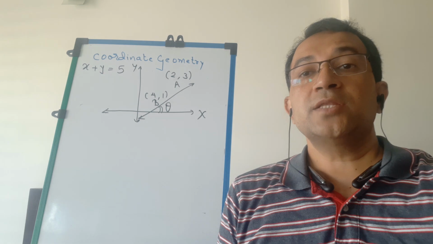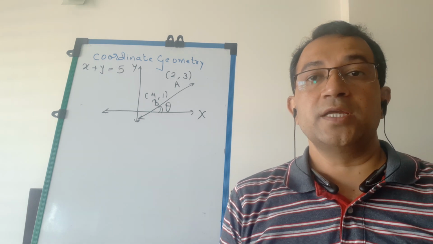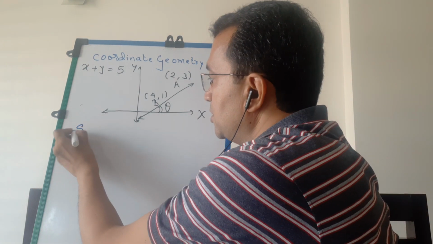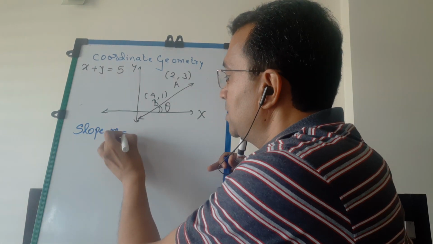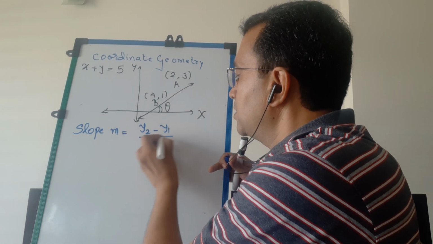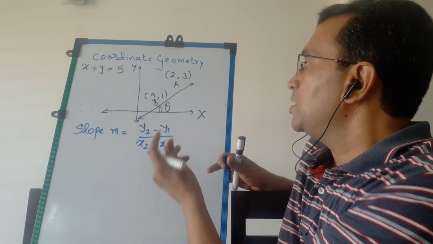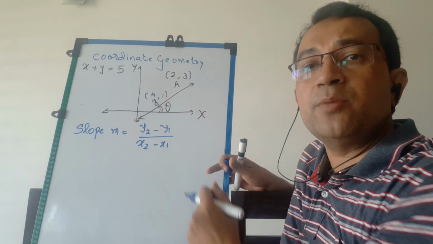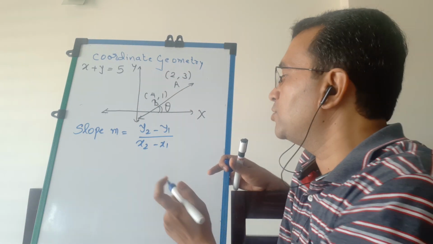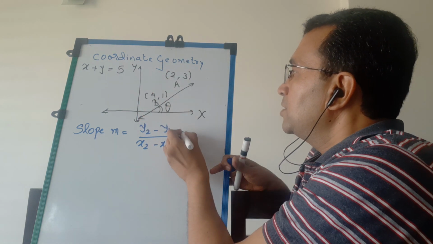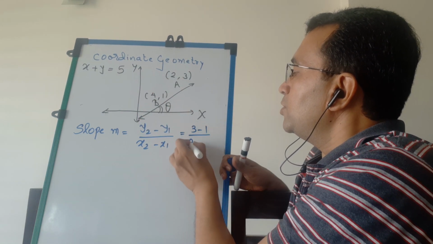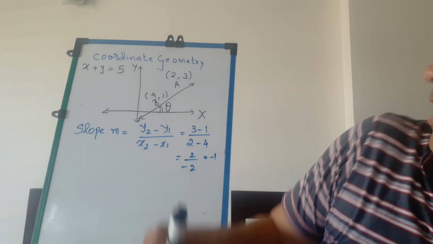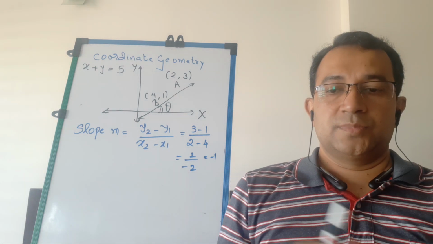Now students, there are three methods to define slope. If you are given 2 points on a line, then we can easily find the slope. And slope is generally denoted by a symbol small m, equal to y2 minus y1 upon x2 minus x1. So I consider this point as say x1 y1 and this point as x2 y2. Any one point as x1 y1, another as x2 y2. Then y2 minus y1, so it is 3 minus 1 upon 2 minus 4. So this is 2 upon minus 2. So the answer is what? Minus 1. Sorry.